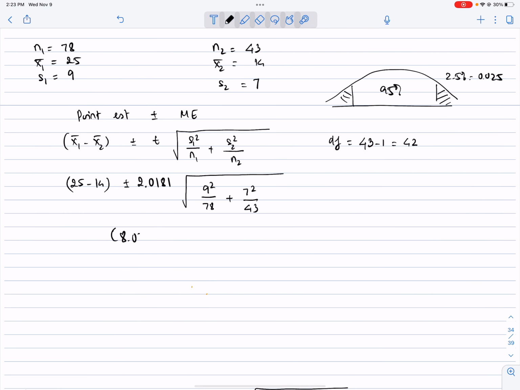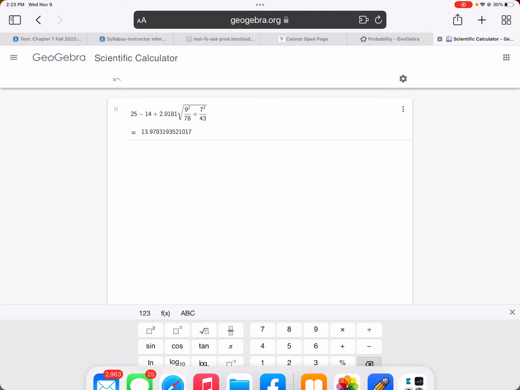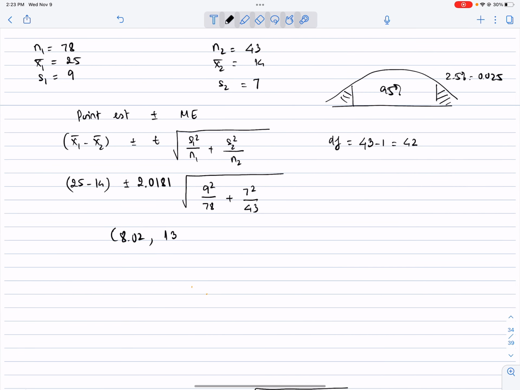Then you just go ahead and change the minus sign in front of the t, which is 2.0 something, to the plus. Then you got 13.9783. On the test, I will tell you how many places for you to round. Okay, so that's it. Then we will answer that we are 95% confident that the mean difference